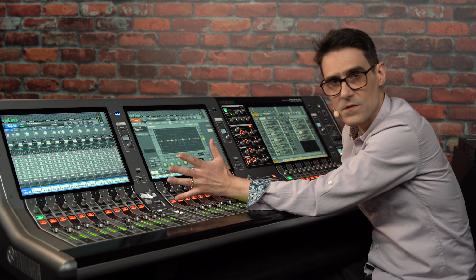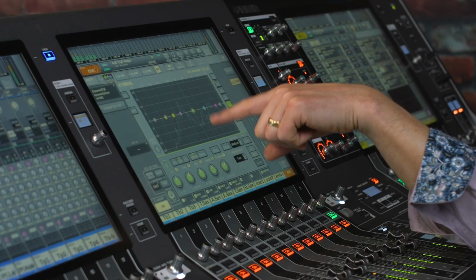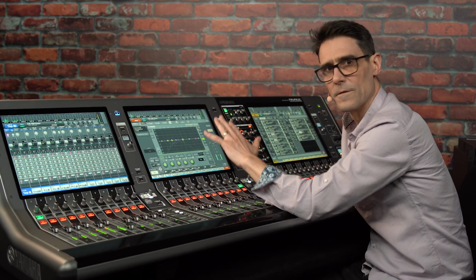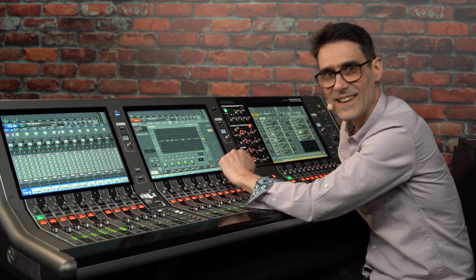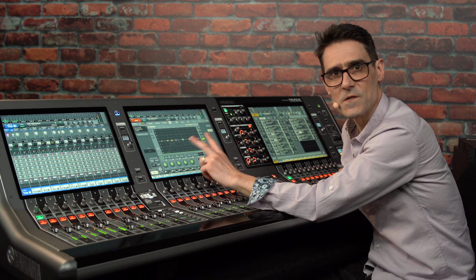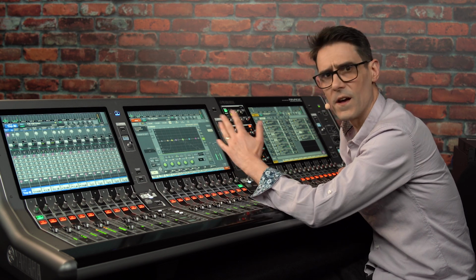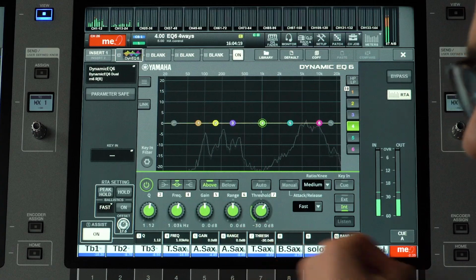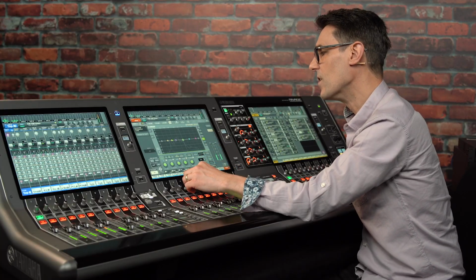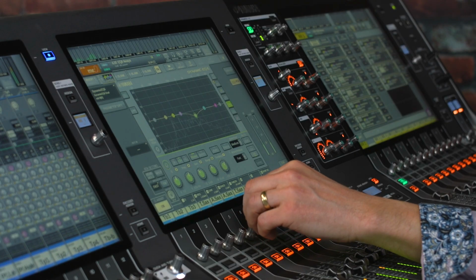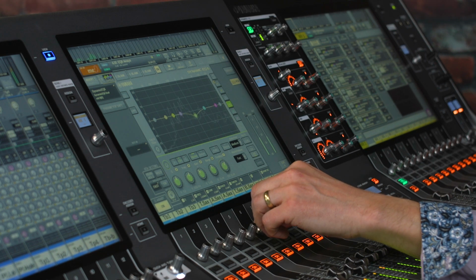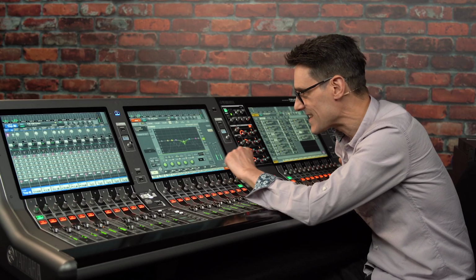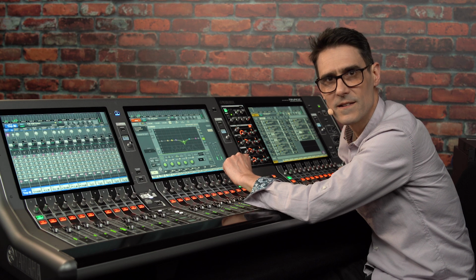So, why would you choose the Dynamic EQ6 rather than the 4 or the 2? Well, for its versatility. It doesn't only have 2 extra bands, but it's kind of like a one-stop shop for all your EQ needs. You can use it to draw your usual type of EQ curves and then add a dynamic element to each band as and when required.